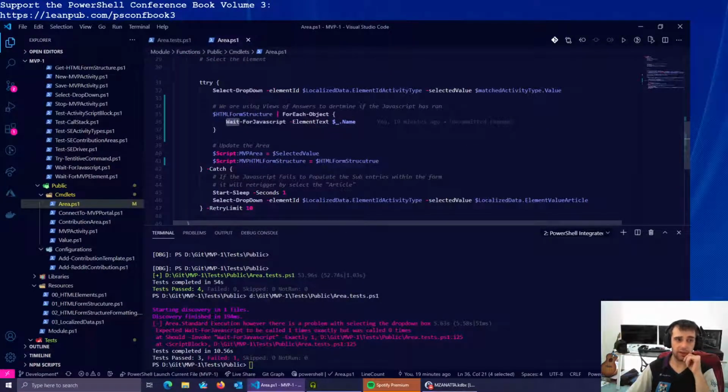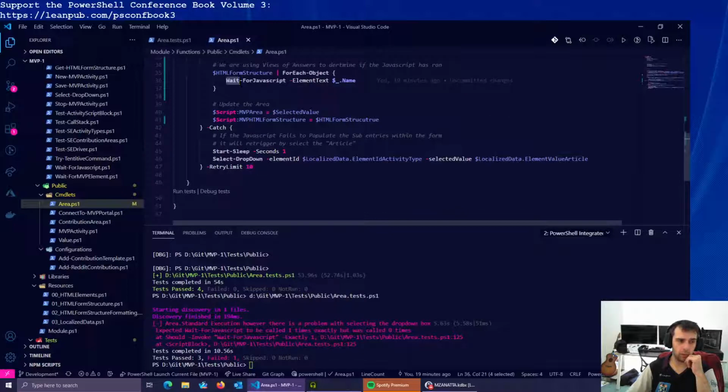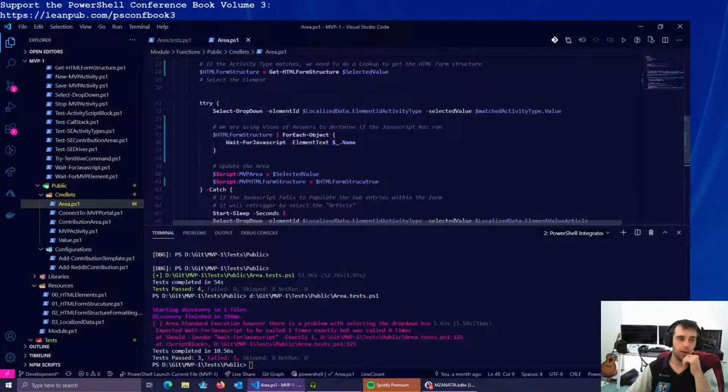Because if it can't actually select the area for whatever reason and it fails, right now it'll actually just fall out and it will assume that it's working. I think I'm going to need to put it as an output